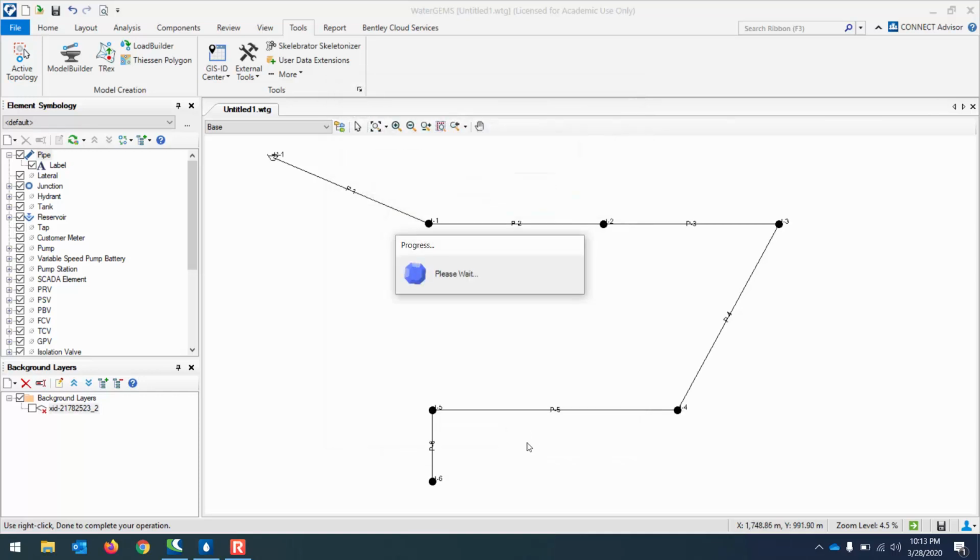Okay. Now that's visible. We'd maybe want to move the annotations, offset them a little bit. And of course, you've been given the instructions on the sorts of things you're supposed to annotate, like the pressure at the junctions, the withdrawals at the junctions, flow through the pipe, diameter of the pipe, all that sort of thing. So that's the first thing I wanted to show you, is how to change the size of the symbols